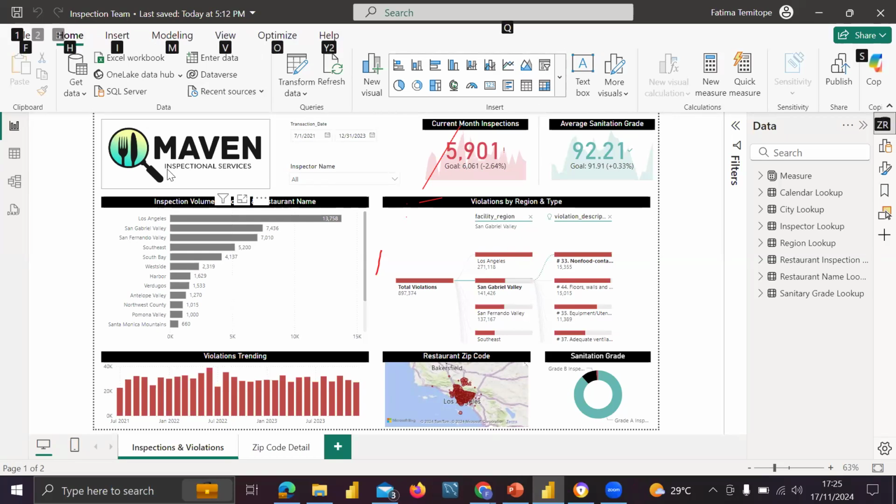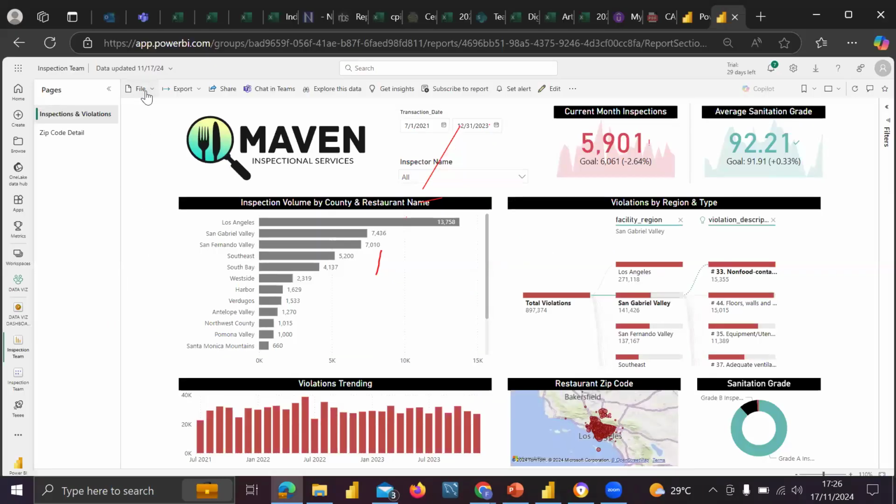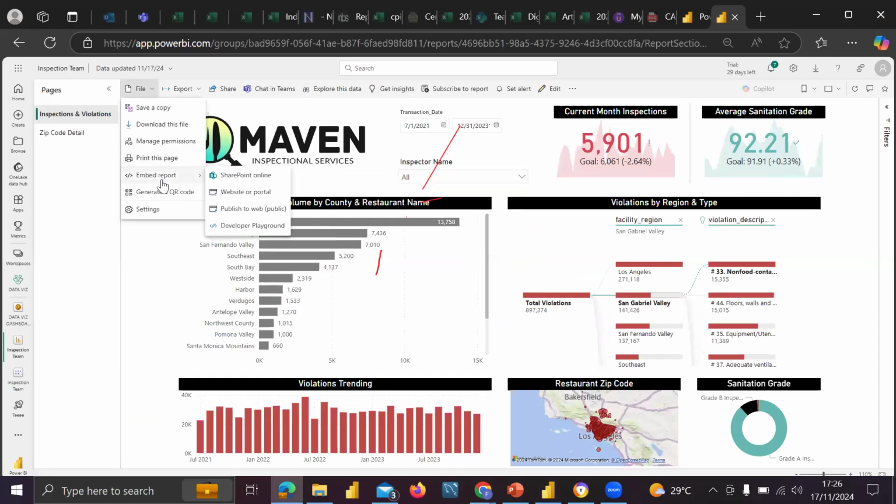I haven't performed any parameterization yet, but let me first explain how publish to web works before I move on to row level security.